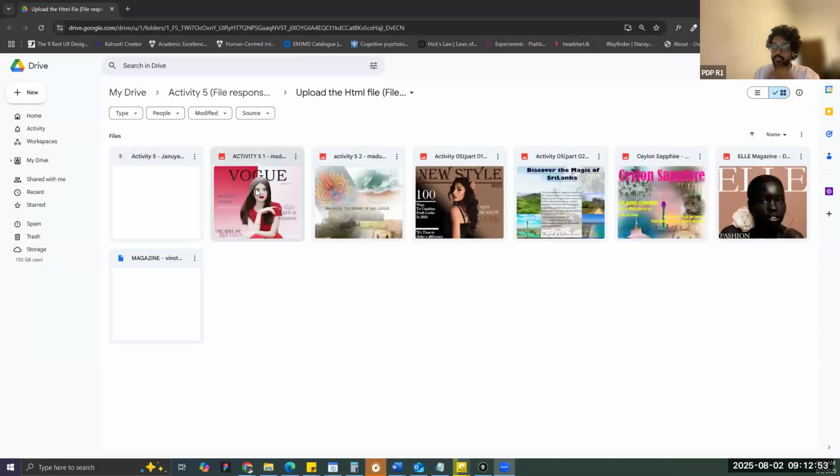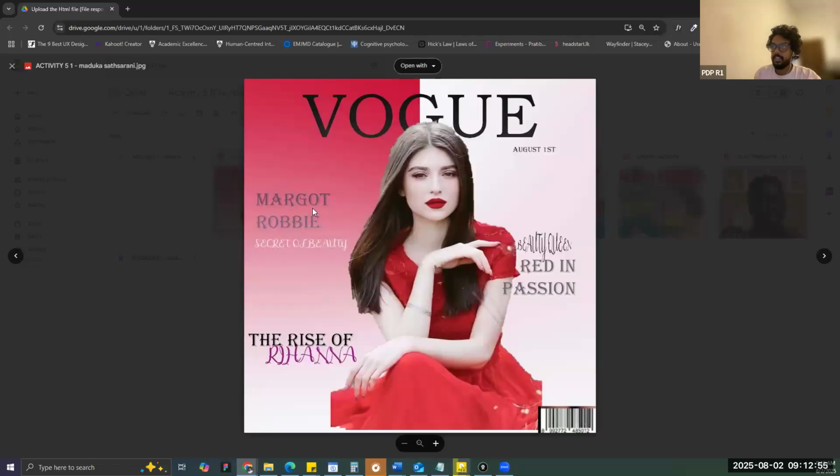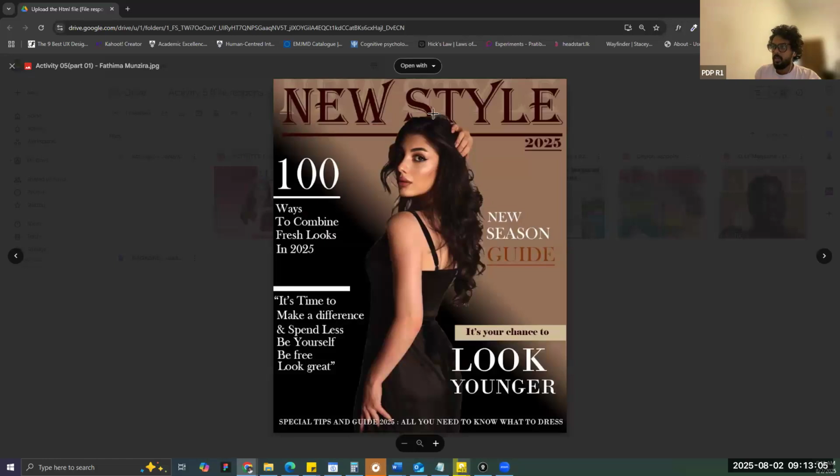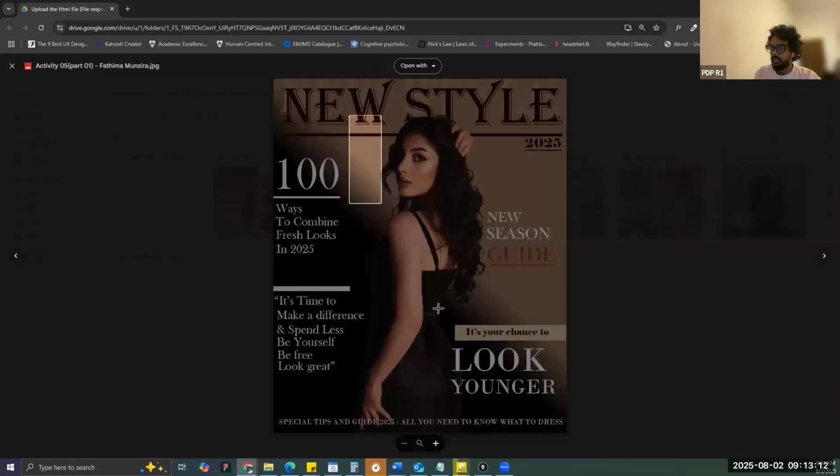the design. The first one is the magazine cover, right? So I will explain what are the good things and what are the mistakes you have made, right? Okay, so I will take this one, right? Okay, the design is good. You have removed